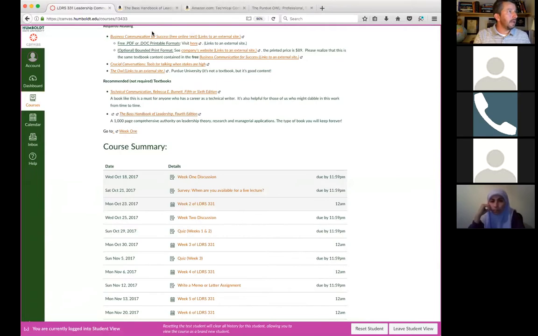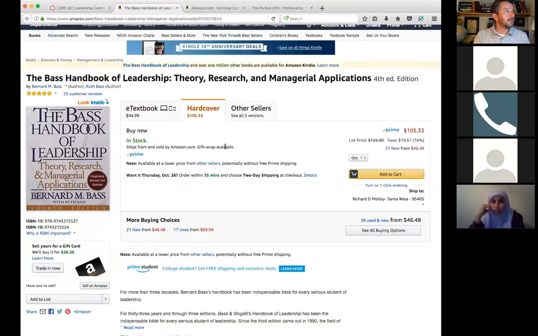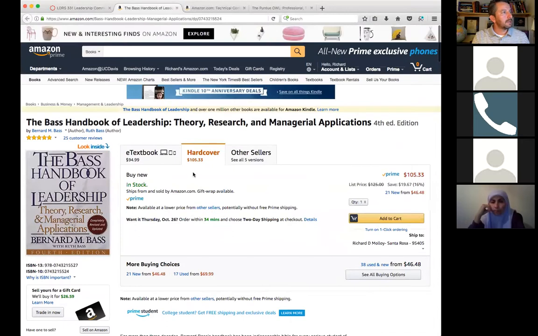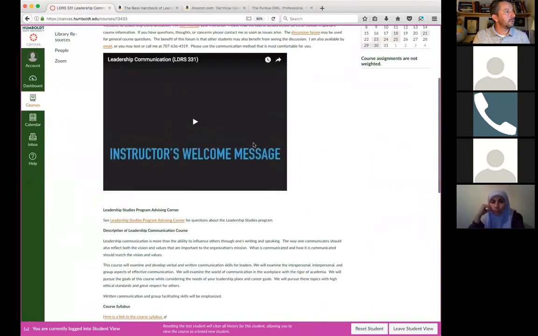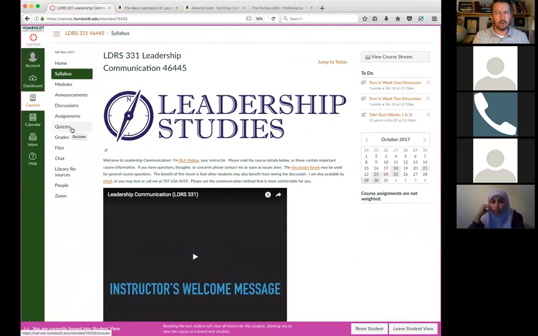The last time I saw it on Amazon, I think you could get the ebook for $94. There are some great advantages to ebooks, by the way, if you haven't found that out already, with Kindle, being able to search the book and copy and paste portions of the text into other documents and things like that. Anyhow, that's that. We will get into that book in week 3 or 4. I believe it's 4.